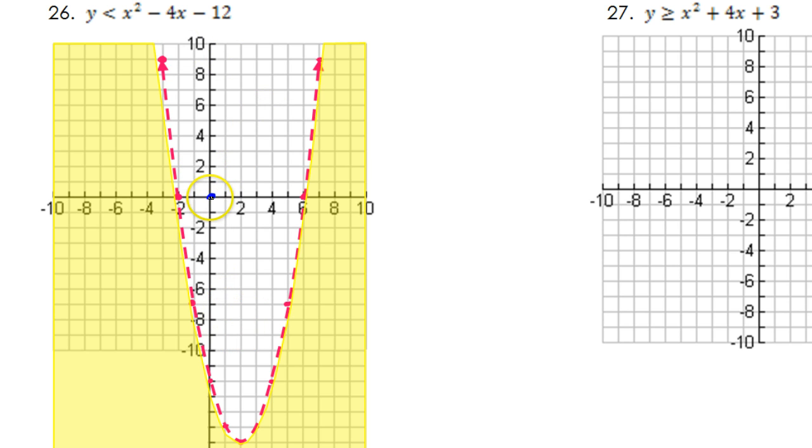So if 0, 0 made a true statement, that would mean 0, 0 is a solution, which would mean everything in here would be a solution, and I would shade it in. If 0, 0 makes a false statement, that means this is not a solution, which means that none of these things are solutions, which means that the solutions must be outside. So in other words, 0, 0 is what I'm looking at. That's x and y. So if I plug that in,